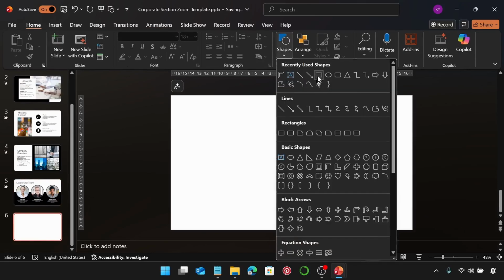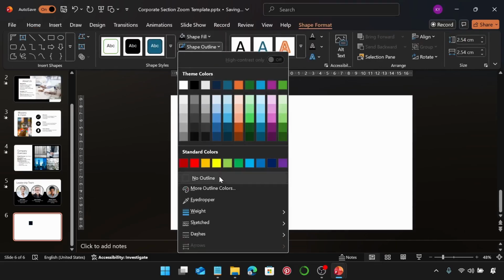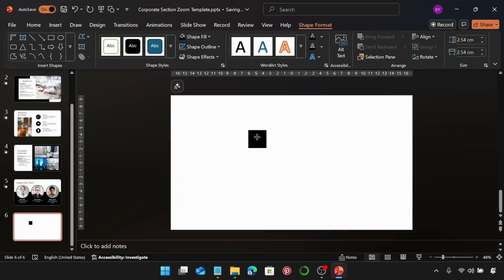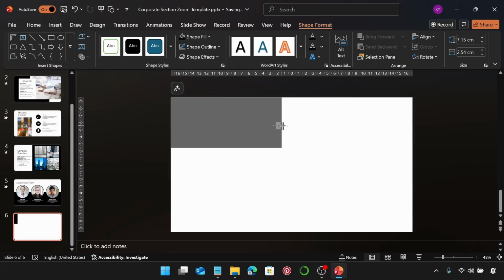Go over to shapes and we're going to insert a rectangle. Change the fill of the rectangle to black, and in outline, change the outline to no outline. The height of this rectangle is going to be 7.15, and I'm just going to have that here. Move it all the way to the top left corner of your slide and extend the width so that it